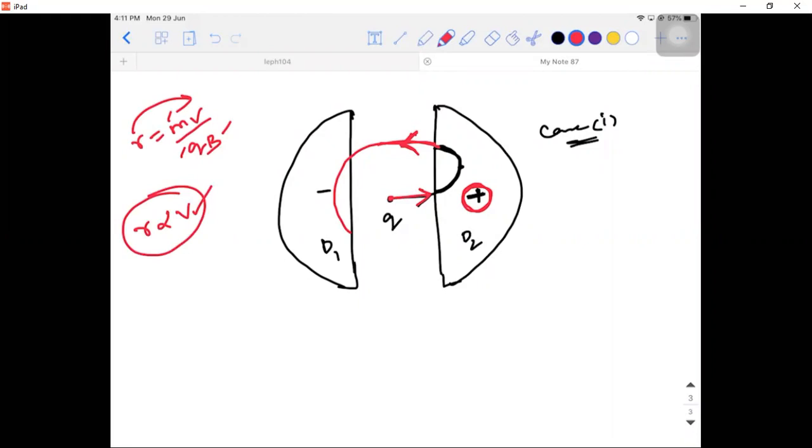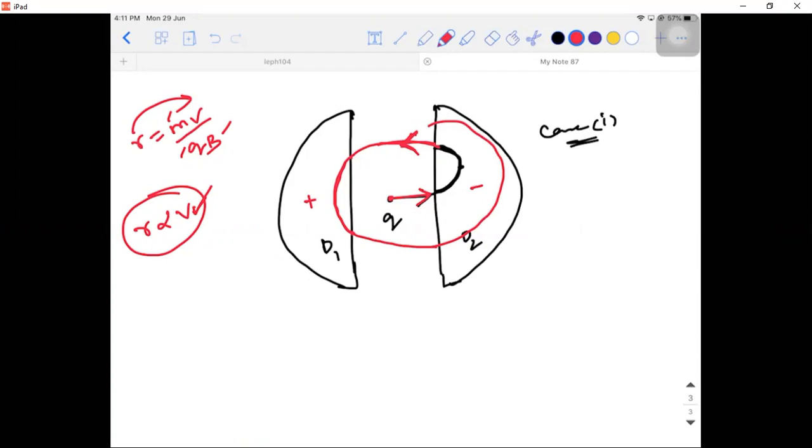Now, how much revolution has this one completed at this plate? Half, again half a revolution. Now, what is your objective? Reverse the polarity. Again, reverse the polarity. Now what will happen? It will start accelerating even more, meaning its velocity will become even higher. When velocity increases, its radius will be even greater. Like this, you need to keep reversing the polarities.